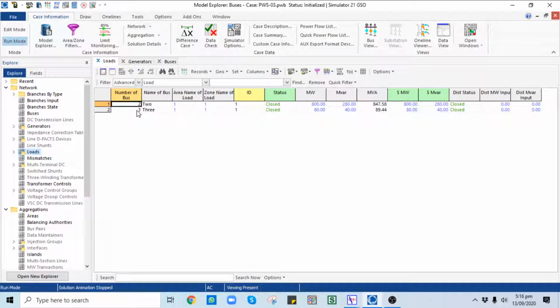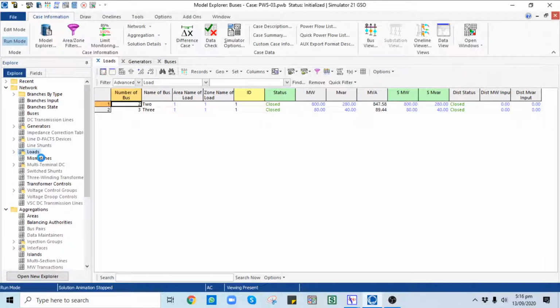So I have loaded the already modeled case because the purpose of this lecture is only to help you analyze these simulation methods in Power Simulator, so that everyone, a student engineer as well as the utility engineer, can familiarize with these solution options and the convergence details in Power Simulator.